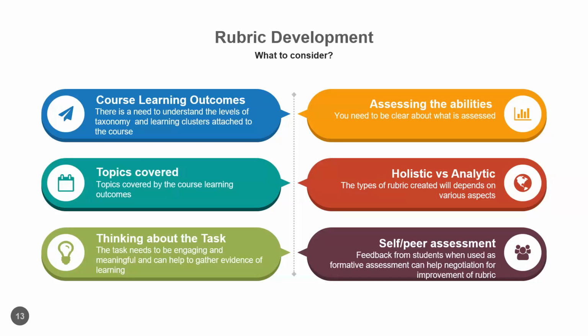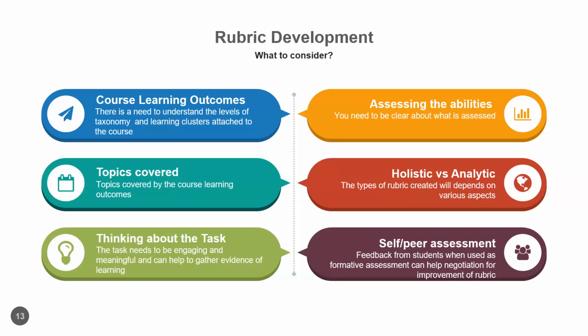This is very important, because let's just say you've got 4 course learning outcomes, and the second one is the one that you're going to use a rubric for. You need to look at all the topics related to the second course learning outcome in order to gauge the kind of task that would be suitable in relation to the topic. So they have actually covered the topics. You have given them the formative assessment that's looking at the course learning outcome. So now they are ready to do the final project. That's why you need to also look at the topics covered with the course learning outcome.